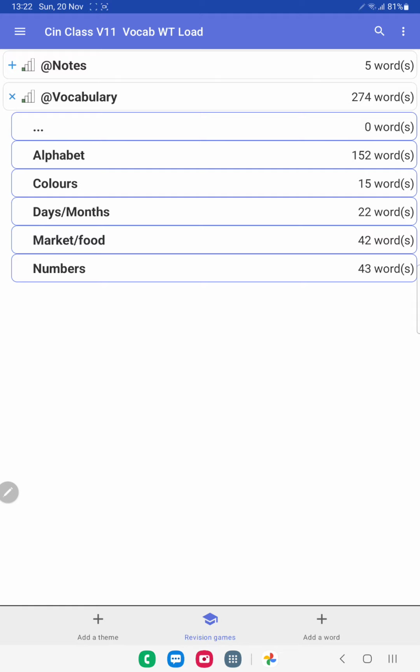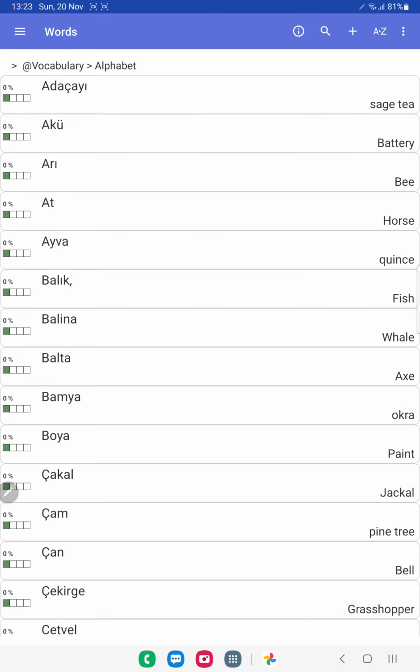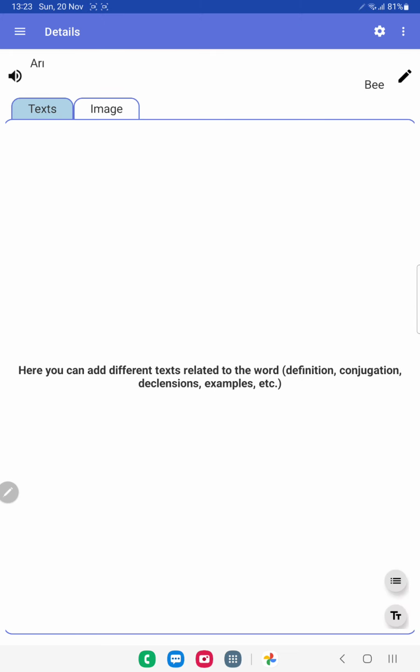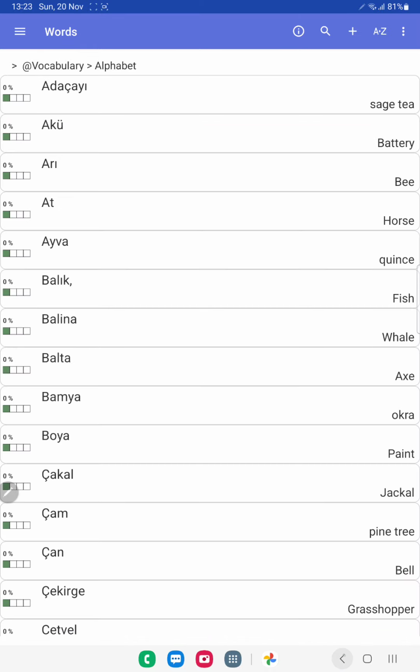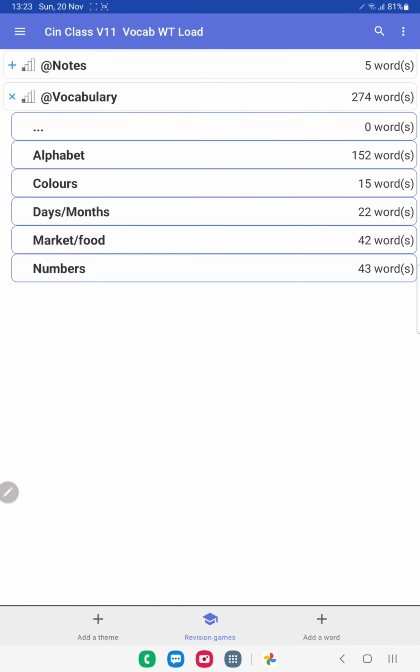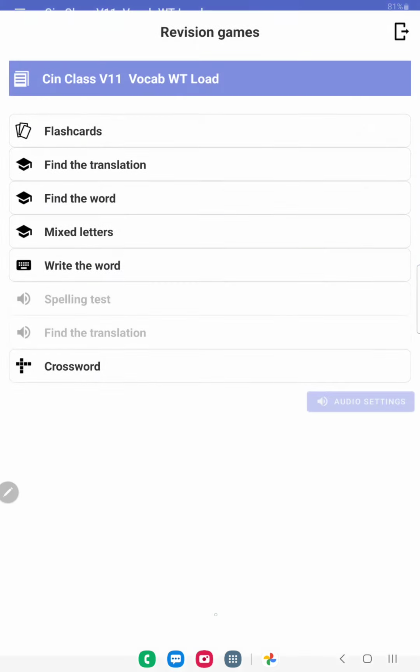market foods, numbers, etc. So for instance, if I go into alphabet, you can see all of the words that Gin told us about. You can type in more. You can see ara, B. You can get it to pronounce it. You can edit it. You can add in additional text here if you need additional info, and I have got that in some things. But I think the real beauty is the revision games. So if I go into that to let you see,